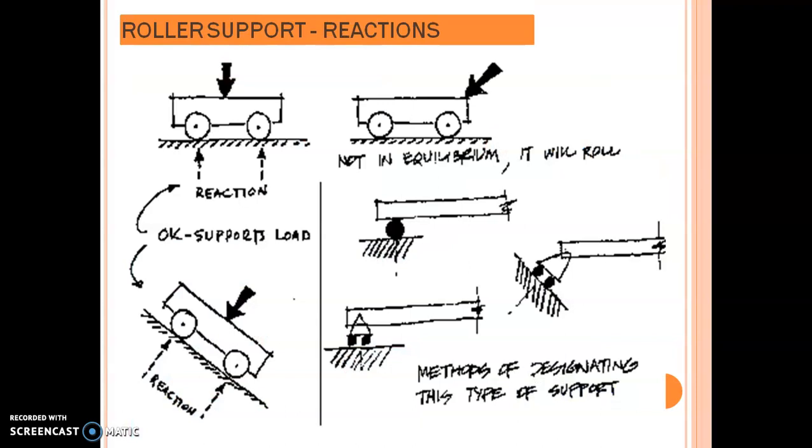Roller support reactions. If we have to identify where the reaction is acting on a roller support, this first figure represents two rollers which support the structural member. So two reactions act at two different locations, at the first roller and at the location of the second roller. When your body is inclined at some angle, the force acting on the member is perfectly perpendicular to the support, but at some inclination. So this is your method of representing the reactions for a roller support.